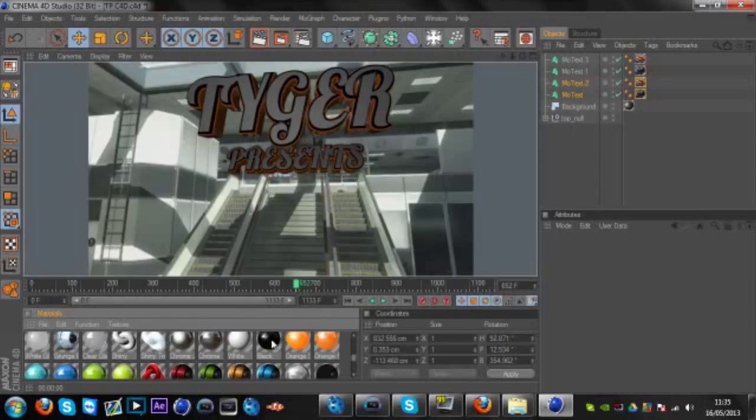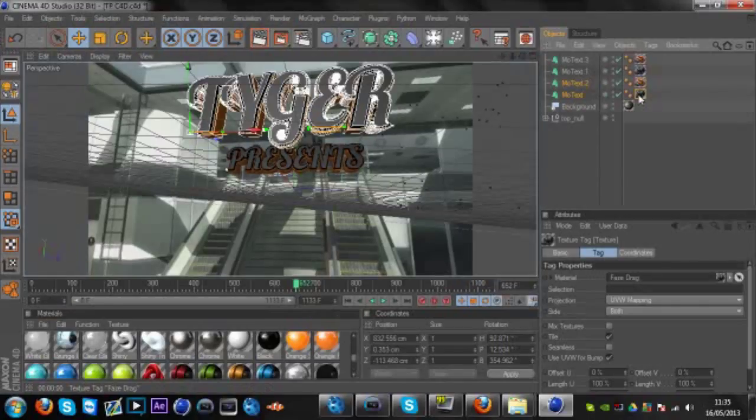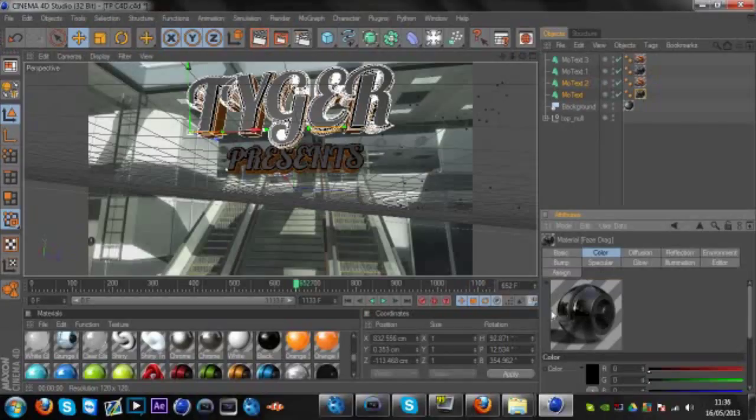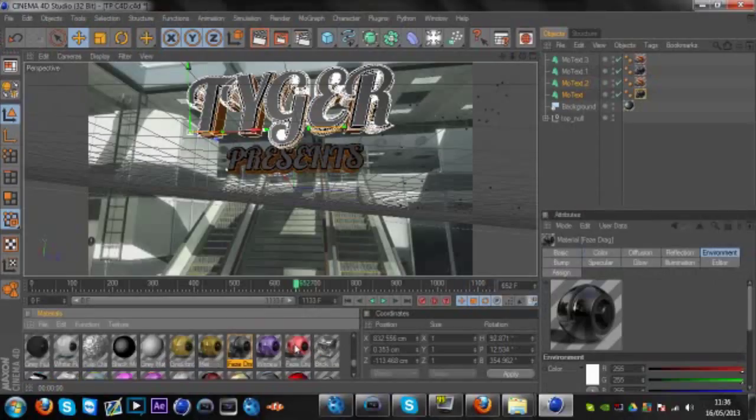So, say for instance, you want shiny texture. Double click on the material over here near the Mo text. Double click on it until you get this box. Go to, yeah, just double click on it and then scroll down here and you'll see that it will go on to